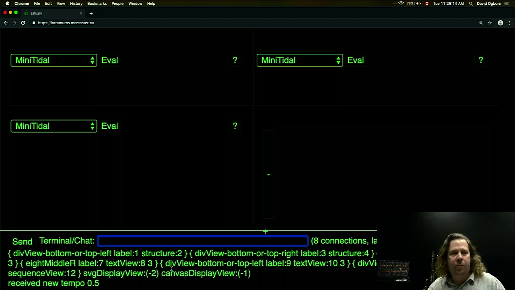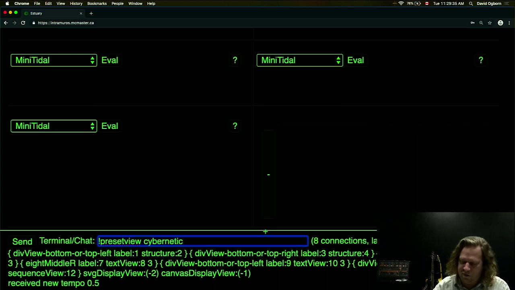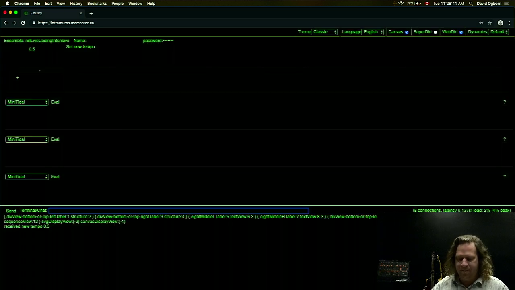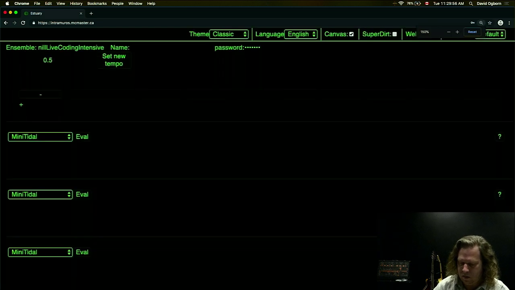Now, step 2, there's a bunch of preset views that are built in. It's not easy to know what their names are, because this is all not very documented. But if you do exclamation point preset view cybernetic, you'll get whatever the current preset that the cybernetic orchestra is using is, which, if we do it, I'm going to go back to normal size, looks like that. So it's a sequencer widget and then 3 text editor widgets, and they all occupy the full width of the screen. And if we do dump view now, and I'll zoom in again,